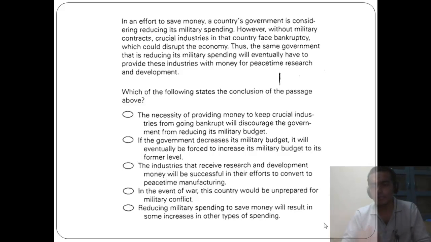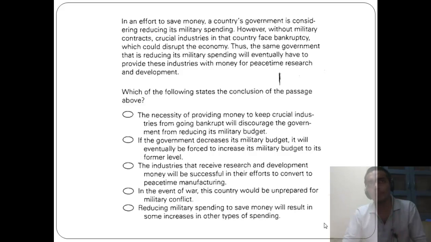Thus is something conclusion or something which is a final thing. The first line is kind of a premise where the government is trying to do something; there is no assumption here. If they are doing something, they are doing something. But the assumption could be that there is no other way out for these companies. So let's look at the options and understand which option goes in the same direction with the same assumption,